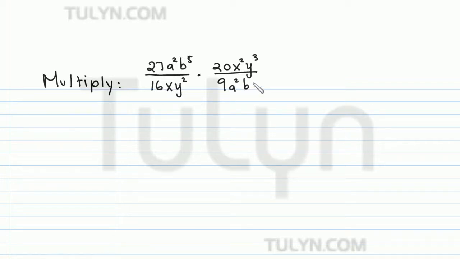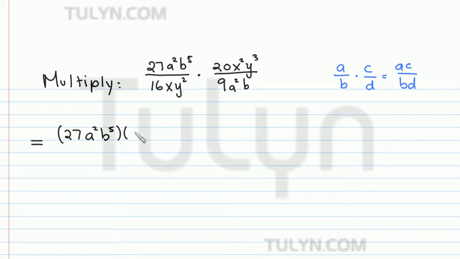So now when you combine rational expressions, it's just the same as combining fractions with numbers. If you have a fraction a over b and you want to multiply it by c over d, the result is the product of the numerators over the product of the denominators. So we can just combine the numerators and the denominators. Rearranging these, I'm going to get 27a squared b to the fifth times 20x squared y cubed